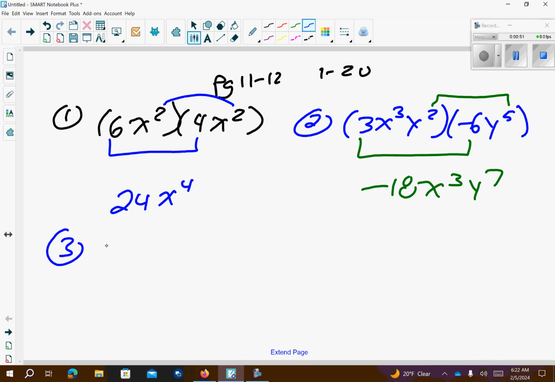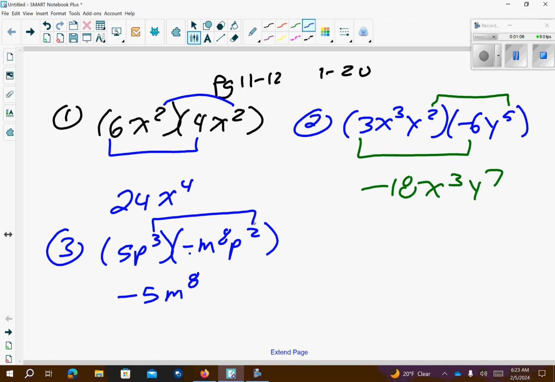Number 3, we have 5p to the third, negative m to the 8, p to the second. So 5 times that negative is going to give me a negative 5. There's no other m, so just write m to the 8th. And our p values, p to the third, p to the second, add those together, so you get p to